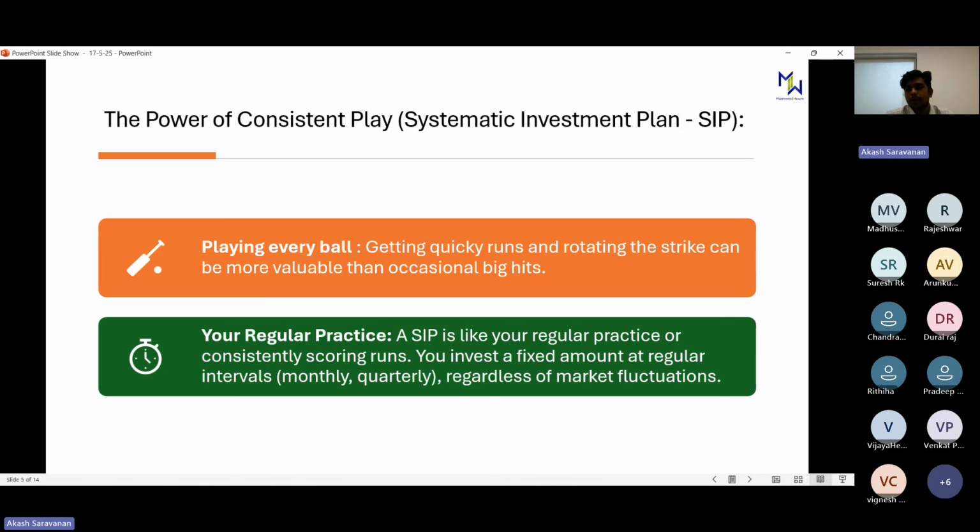You need to keep continuing your SIP so that even if there is no opportunity, or even if you're not investing a big amount, on a monthly basis you're somewhat able to scale up the portfolio. When you do it for at least 3 to 5 years, even that amount becomes a sizable corpus. Doing SIP is better than not doing anything at all, or just sitting on the sidelines and waiting for a market correction.